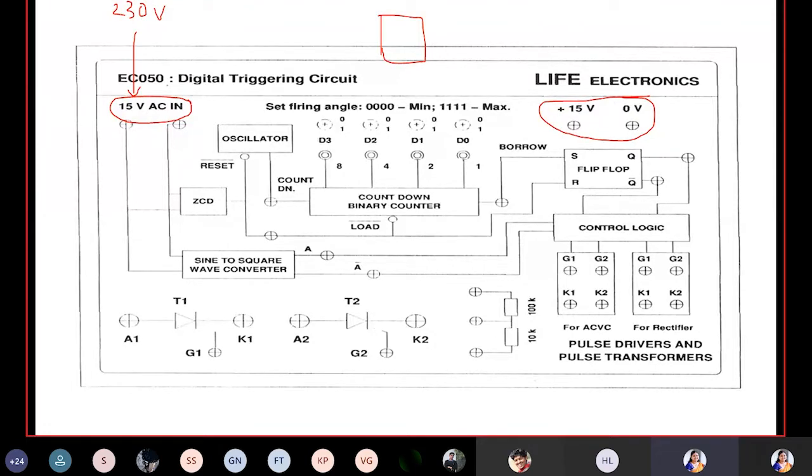Okay, there are two parts in power electronics. First thing is the power circuit. Second thing is the control circuit. Power circuit always deals with high power levels. Control circuit deals with low power levels. If you give 230 volts here, the output signal we get will also be of very high voltage magnitude. If you give that much high voltage magnitude to the control terminal gate, the losses that develop at the gate